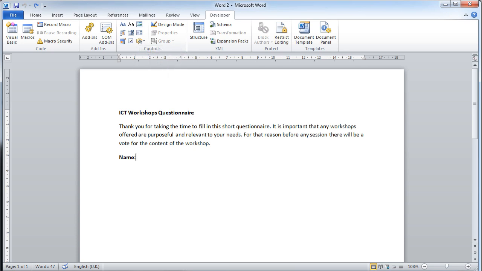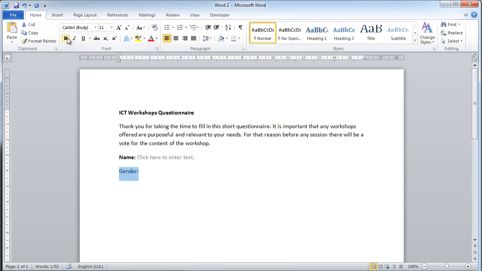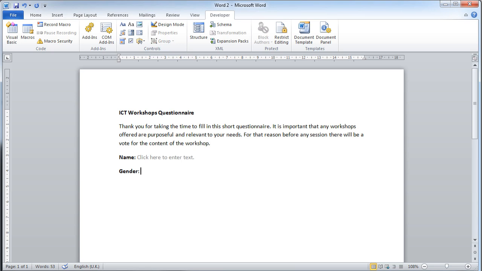So to get started, in the name field here, we're going to insert a plain text content control. If I click on this, it will allow the user to enter plain text inside this field, because that's what I want for their name. I'm then going to ask them to select their gender. So I'm just going to write gender, make that bold. And then in the Developer tab, I'm going to put a line break in here, and I'm going to ask them whether they are male